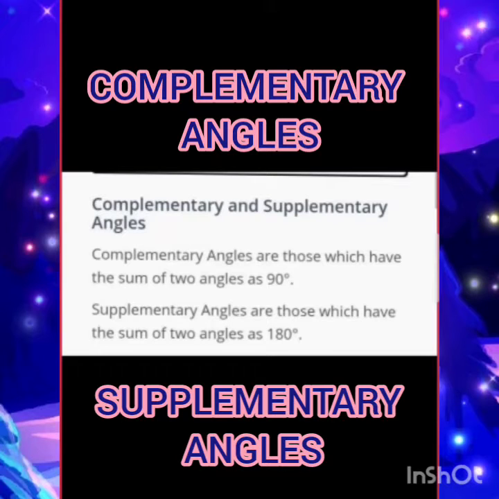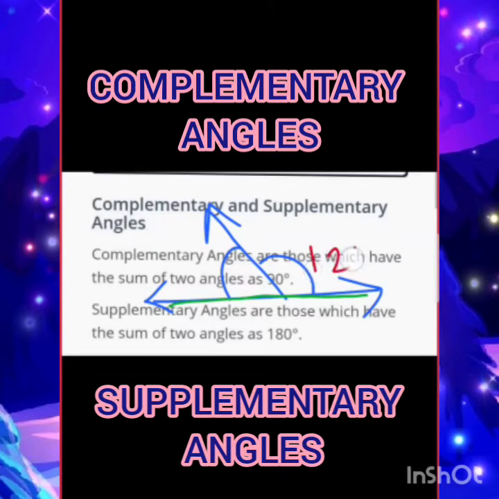Let me clarify through this figure. Suppose I have two angles with me, one this and another this. Now you can find they are at 180 degrees. It is a straight line, it is showing 180 degrees. These angles combined give the result 180 degrees. So if this angle is 120 degrees, then what will be the measurement of this angle? Of course it will be 60 degrees.